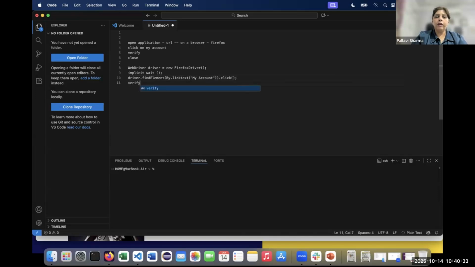And then you would want to verify it. If it is Java, you can use JUnit or TestNG assertions, and then you would want to say driver.close. So these are the lines which you would be writing. And if you have a framework in place, you might have some page object models which you would be calling in here. And maybe you will have created your own keywords. So instead of saying